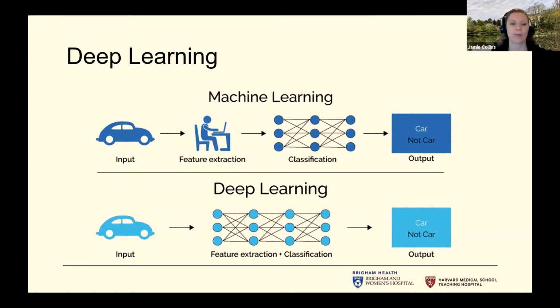So in the FNIH OA Biomarkers Consortium analyses, the biomarkers themselves had already been assessed or coded in some way. So we had the data that, say, quantified the cartilage thickness in the central medial femur, or that quantified P2AMP. So those features were quantified and coded, and then that was what we used in our classification. In deep learning, though, which is really being increasingly used to assess imaging data, the feature extraction and classification are done simultaneously. So the algorithm is fed the image, and then actually the pixels in the image provide the information to ultimately do the classification.